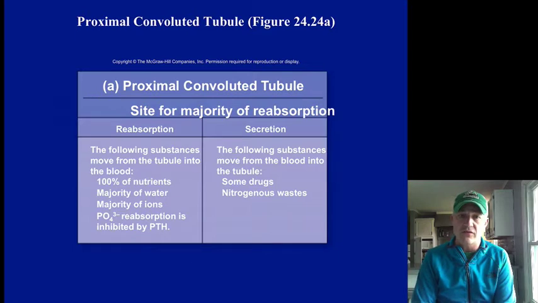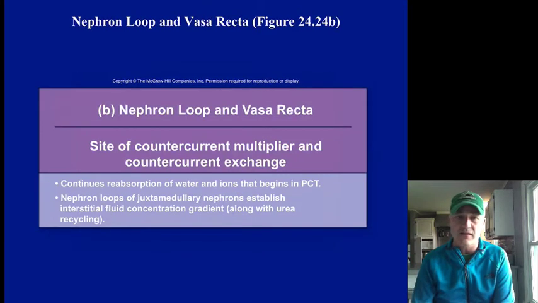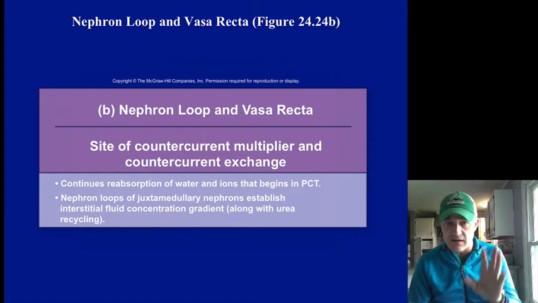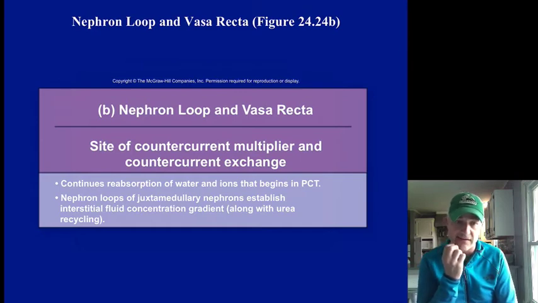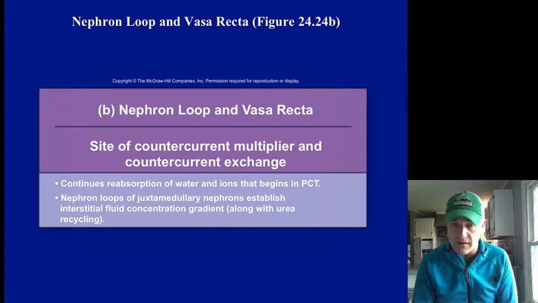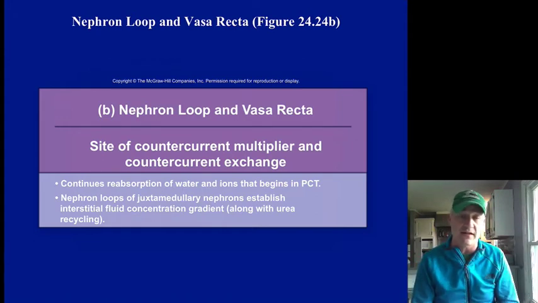So the proximal convoluted tubule is doing most of the reabsorption: almost all the nutrients, most of the water, most of the ions, and a little bit of secretion of some drugs and waste products. As we get to the vasa recta and the nephron loop here, more reabsorption of water and some of those sodium, salt ion components. It helps you get that gradient where you have a much saltier interior of the kidney versus the less salty